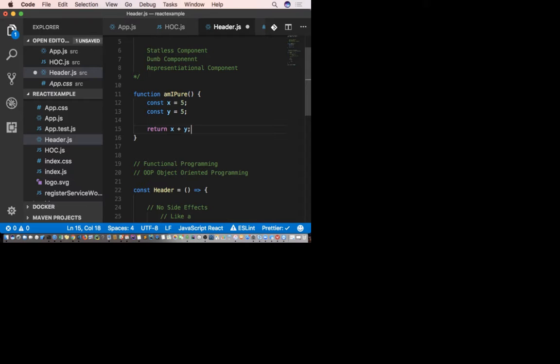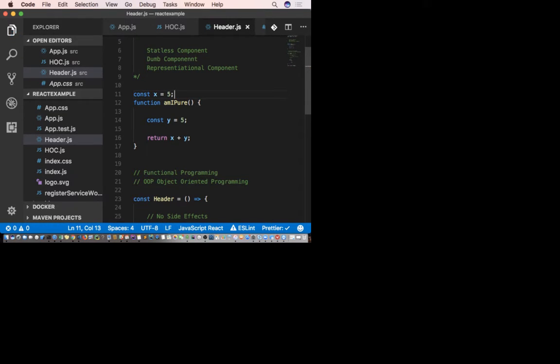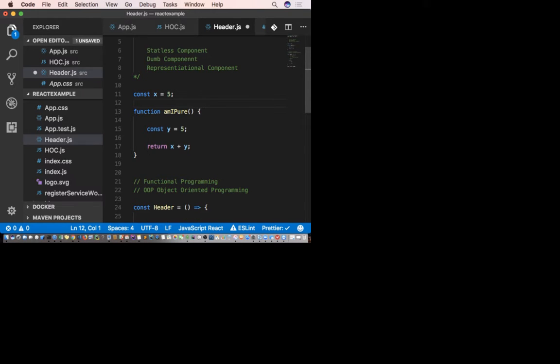It's using x and y and just returns the result, 10, right? Now I'm going to show you when it's not pure. Is x inside this function? No. Then it is impure. And this is called a side effect.